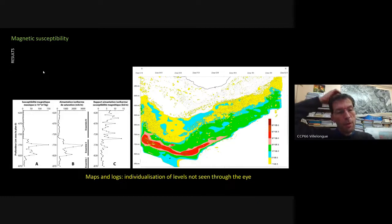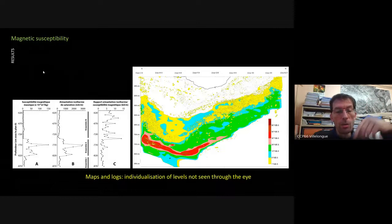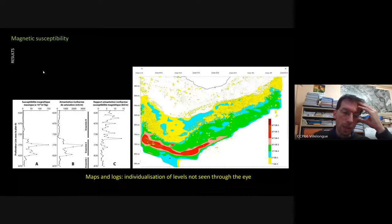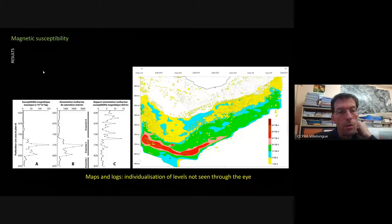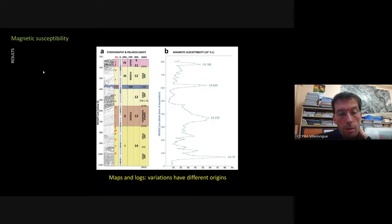So different methods have been applied. The classical magnetic susceptibility can be applied on profiles in order to see more the difference of sedimentation if it's unseen through the eye. So you have the evidence here at the lower part of the profile of layers with high magnetic susceptibility, with the log on the left. The next slide is also for magnetic susceptibility analysis, but